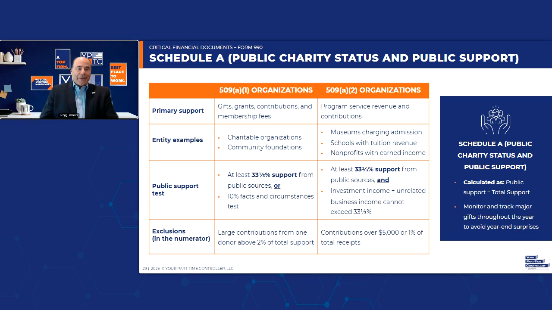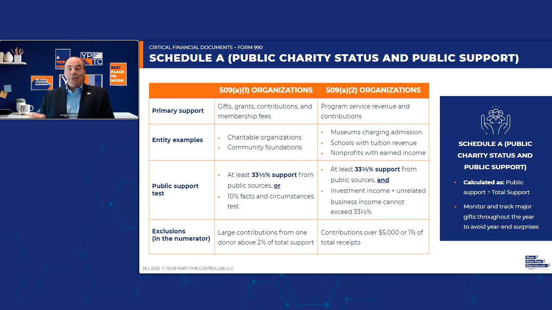Schedule A of the 990 is our public support test that provides information about our public charity status, and it shows how the public support is calculated. Key examples of public support include direct donations, grants, membership fees, and gross receipts from volunteer-run fundraising activities. And while completing Schedule A is probably left to the tax or 990 preparer, whether that's the audit firm or another outside tax preparer,